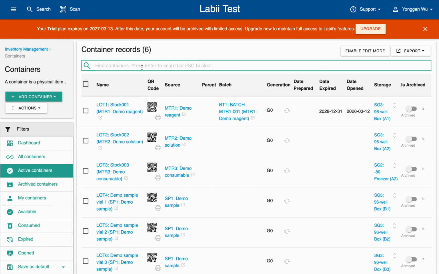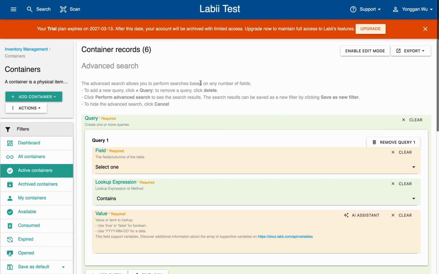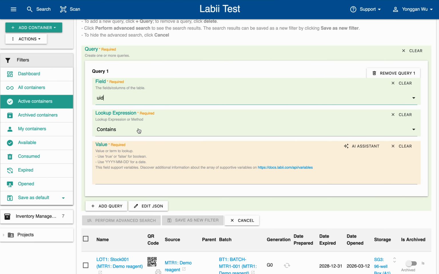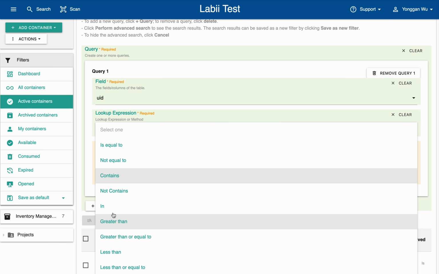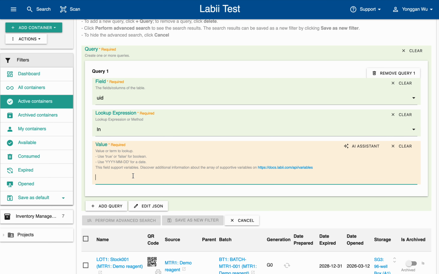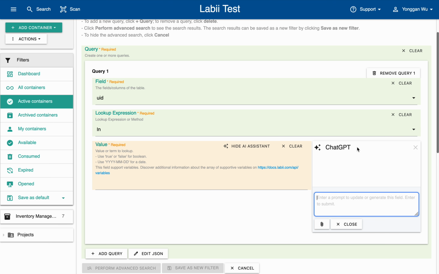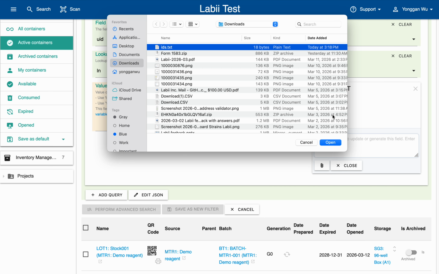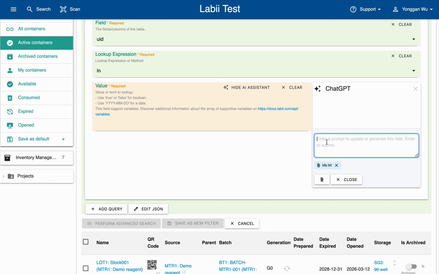We can open the advanced search right over here. In the field, let's choose the UID. In the lookup expression, ensure you're choosing the "in". And then for the value, we can actually use the AI to grab the IDs. So I'm going to choose in the file that I already prepared and then ask AI to prepare the IDs